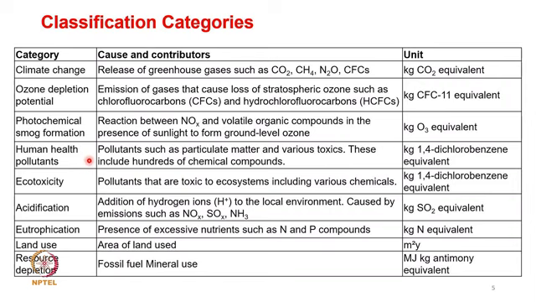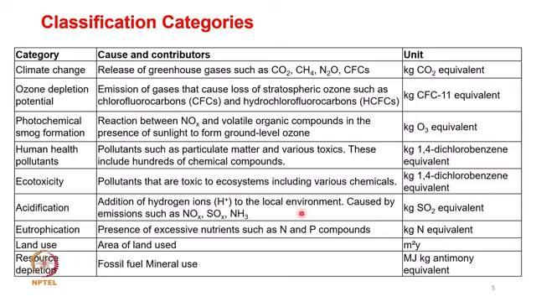And the next is human health pollutants. This is computed as the pollutants such as particulate matter and other various toxics. These include hundreds of chemical compounds. This is computed as kilogram of 1,4-dichlorobenzene or equivalent. The same for ecotoxicity, the pollutants that are toxic to the ecosystem, including various chemicals. This is also computed as equivalent of 1,4-dichlorobenzene. The next is acidification, addition of hydrogen ions to the local environment, which is caused by emissions such as